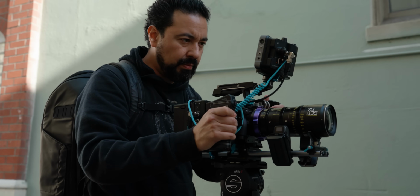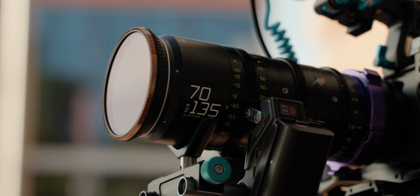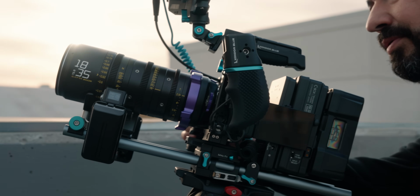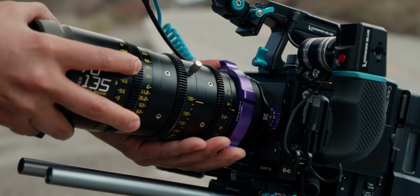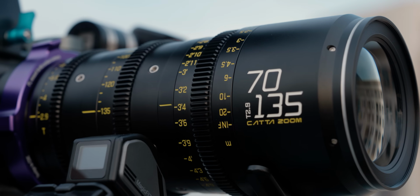Now, the lenses that I'm going to be talking about are the Cat-a Ace VistaVision full frame cine zooms, and they come in three different options. You have the 18-35, the 35-80, which is actually the one that I'm using right now to film this A-roll, and then you also have the 70-135, which has quickly become one of my favorite cine zoom lenses that I've